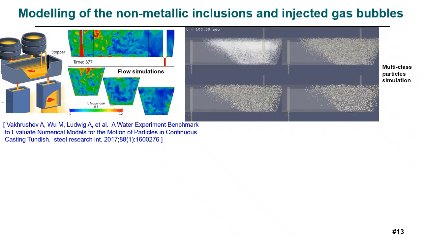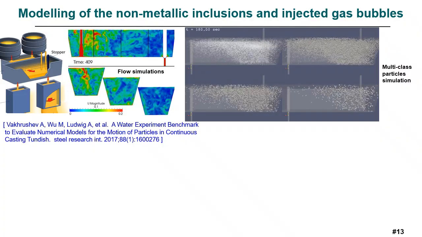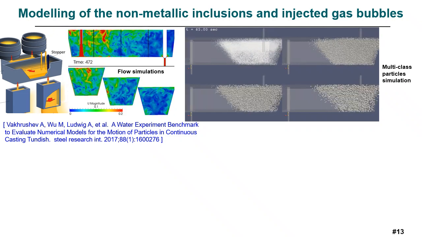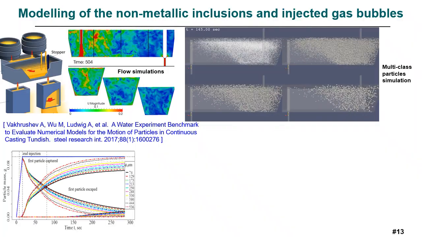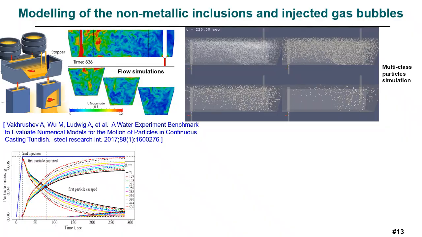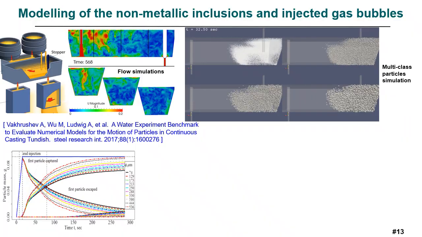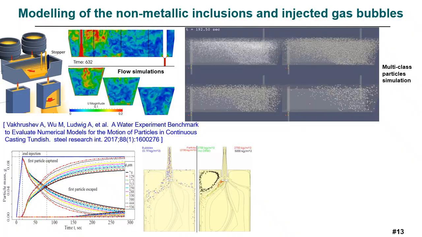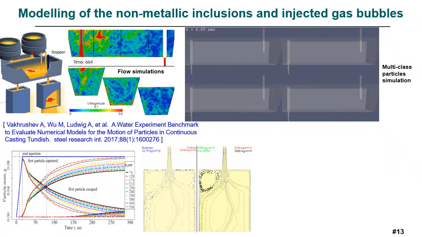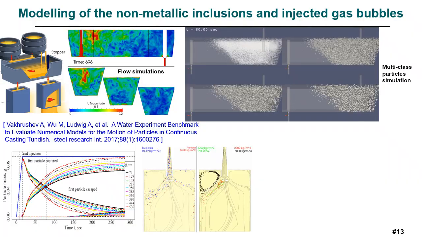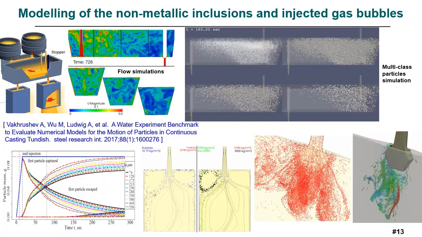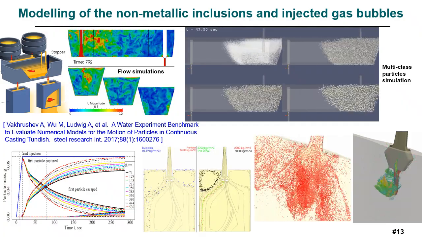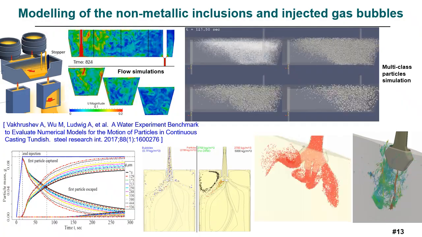Consequently, after verifying our particle tracking models, we have applied them for industrial cases such as non-metallic inclusion motion on top of the highly resolved turbulent flow in the continuous casting tundish, and estimating their ratio being captured on the top surface of the tundish or escaped through the stopper rod gap into the continuous casting mold, where we have tracked their further fate as passive tracers on top of the turbulent flow, or even performing two-way coupling, where, for example, injected argon bubbles could also modify the background melt flow.